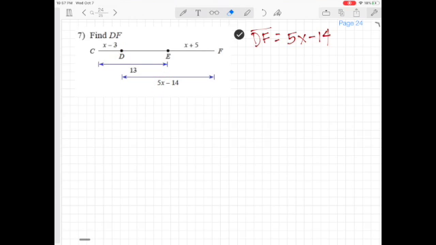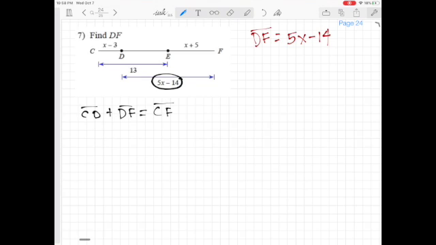Because before we can do that, first we've got to solve for x. And this is kind of tricky to solve for x here. Let's see what we can see. I know that if I look at this piece here, DF to CD, if I add this piece plus this piece, I'll get the whole thing. So I'm going to write that down. I'm going to say CD plus DF